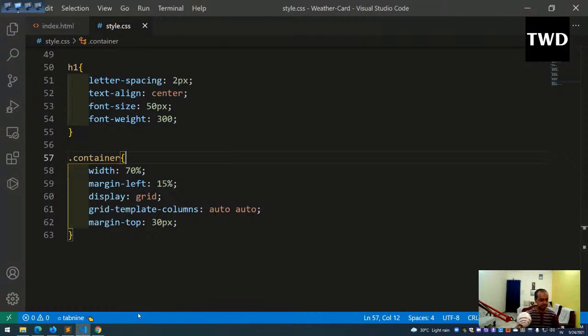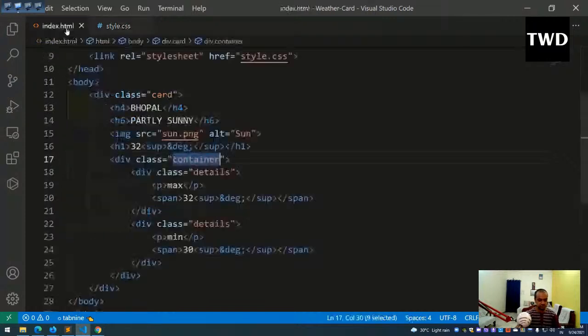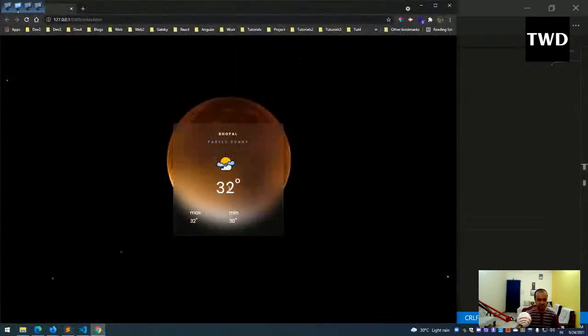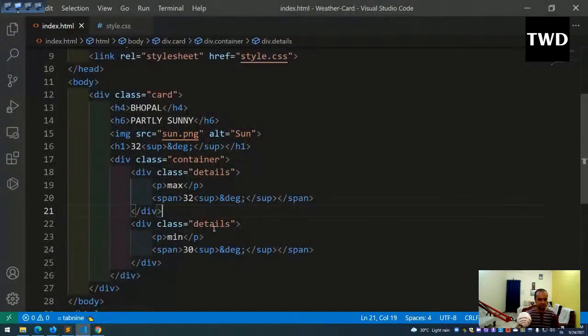Save it. So it has got children, or these two are the children. Both of them are details, so both of them have the same name because they are the same. So this is coming nice, and then we will go to details,